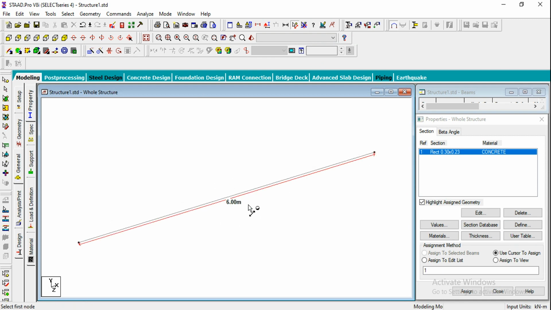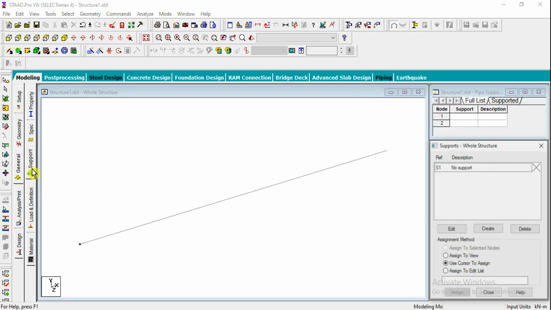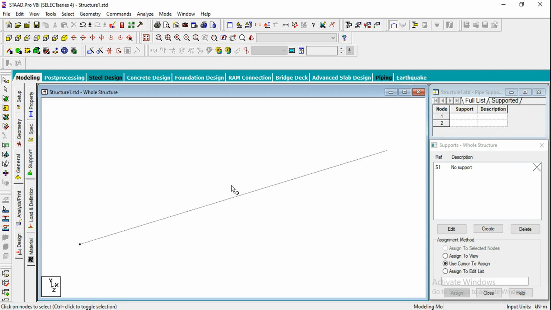So obviously the length has been given as 6 meters. And if you want to remove this one, beside this we are going to have this option, remove. Okay, and next, going for support conditions. And if you want to check whether the property has been assigned or not, we can click on this pyramid symbol.